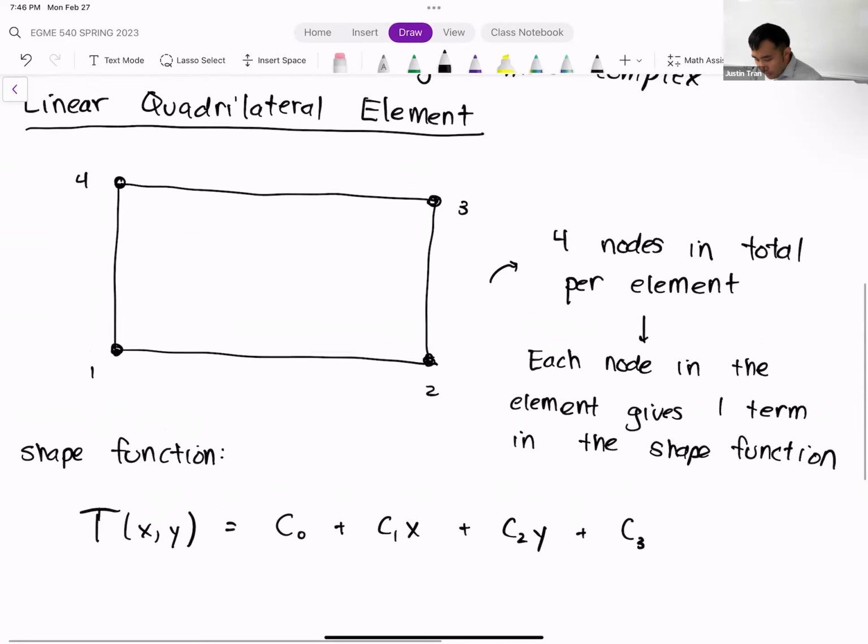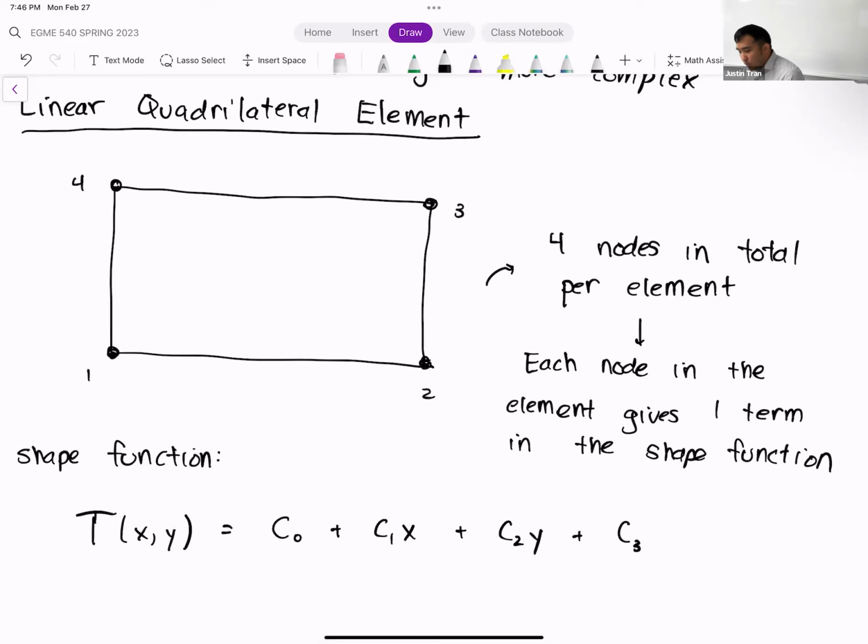But we're running into an issue because we know that this is a linear element, and that means our shape function should also be linear. But we're all out of linear terms, right? We have the constant term, and we have the 2 terms that are linear in x and y. Okay? But we have one more, and so we can spend that extra node on something else. The next term up is going to be this cross term actually. So we're going to have c3xy.